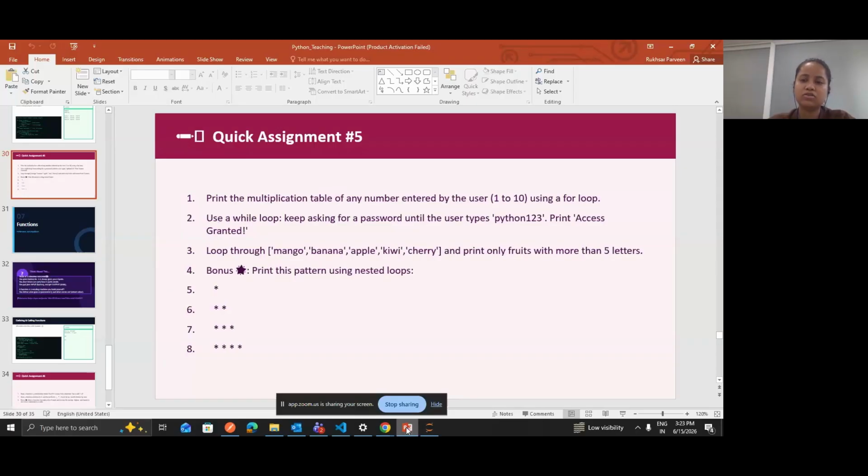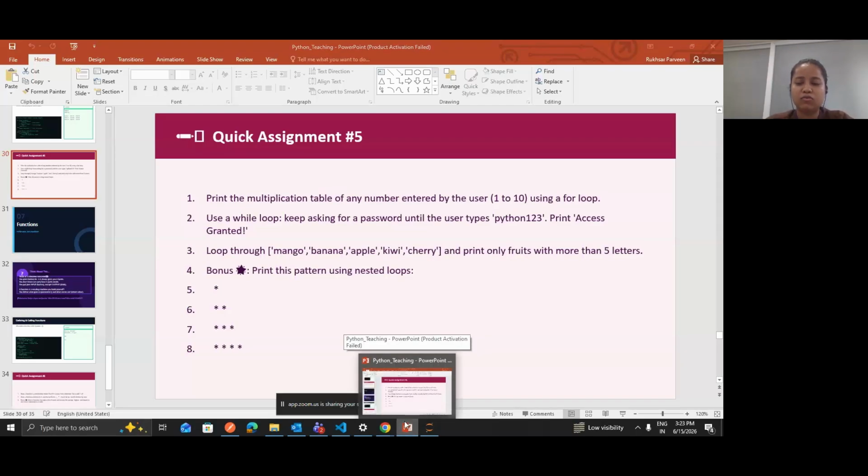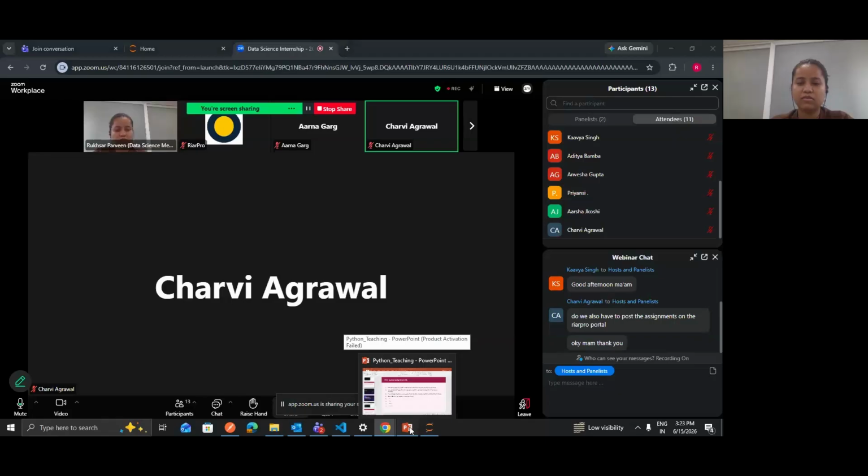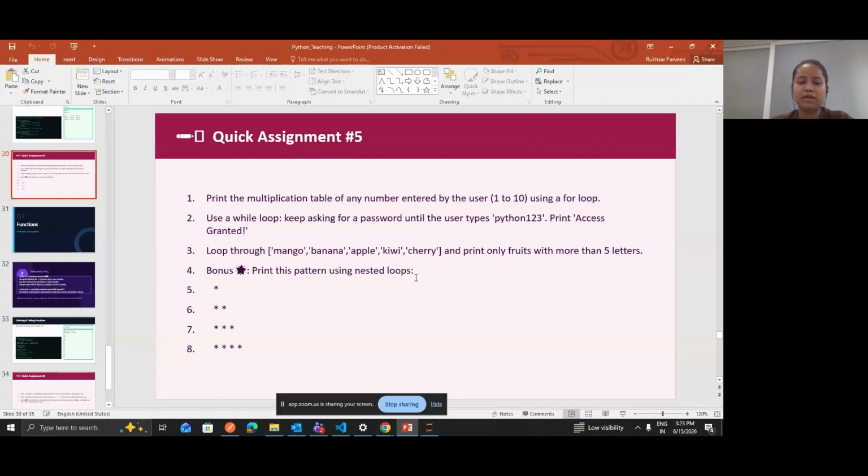Try to write the logic or code by yourself so that it will help you to build the logic and make you aware of the basic syntax of coding languages. So here in this case we are using Python, so just write the code in Python and paste the solution in the chat, and we can discuss one by one.